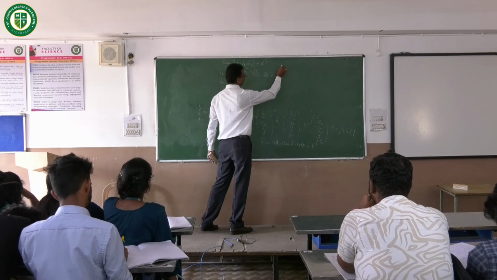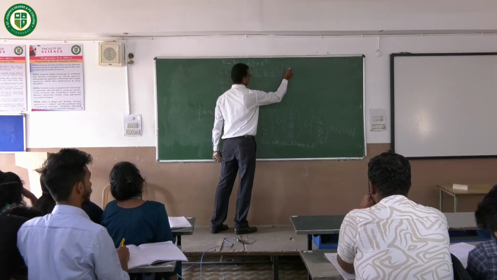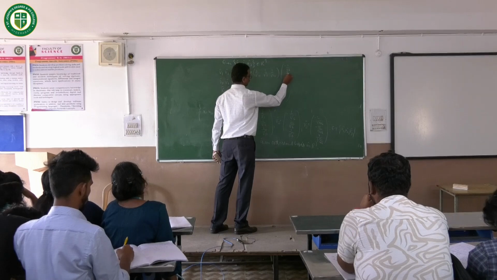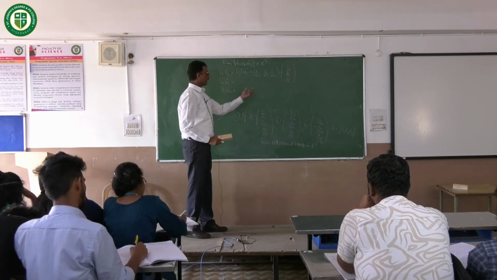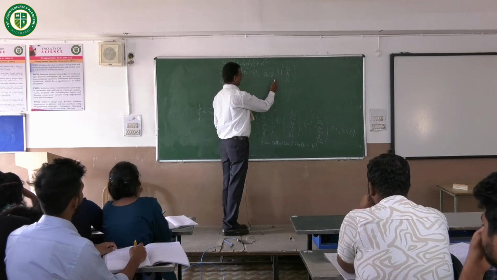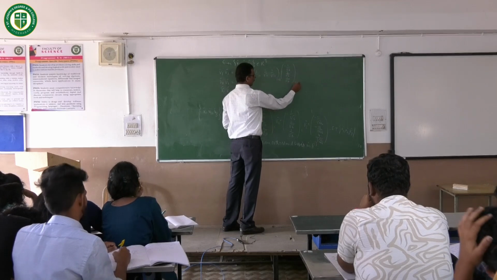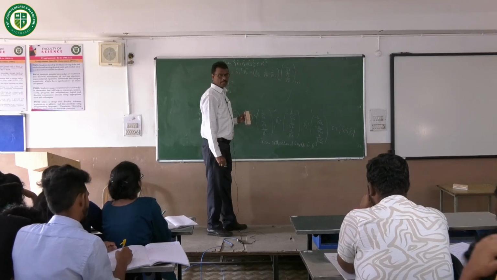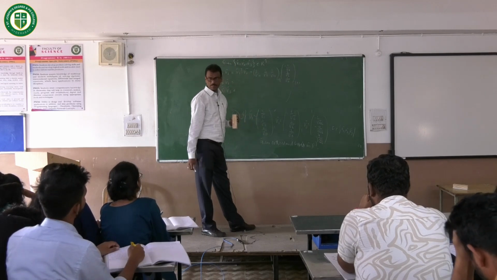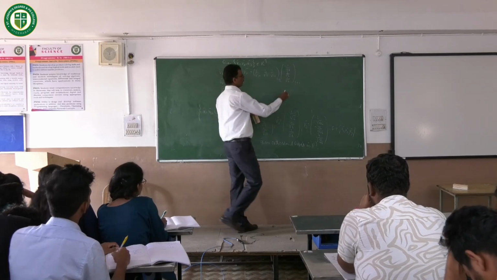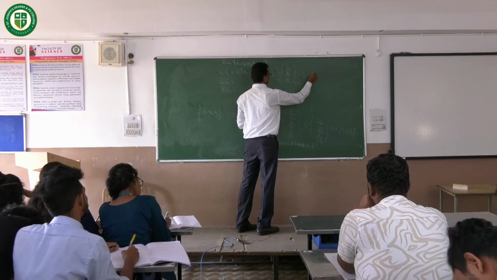So here V2 bar is minus 1 by root 6, 2 by root 6 and 1 by root 6. Check this, it is just a product. Write the product here. The number of rows is 1 and the number of columns is 3. Here the number of rows is 3 and the number of columns is 1. You have identified that the number of columns and the number of rows are equal, only then can you multiply the matrices. So now in this, that is the inner product,